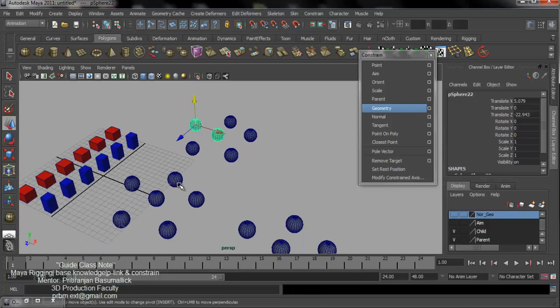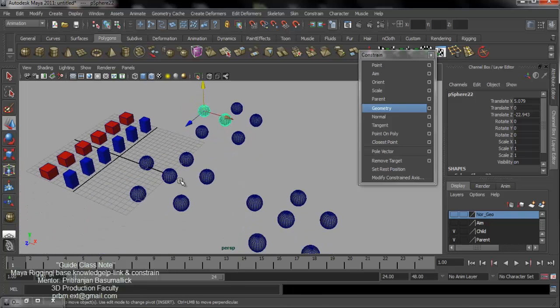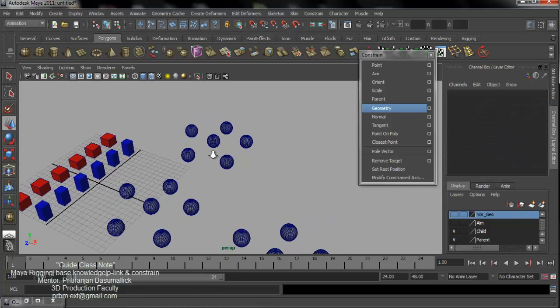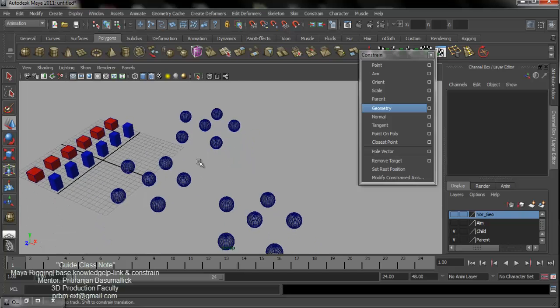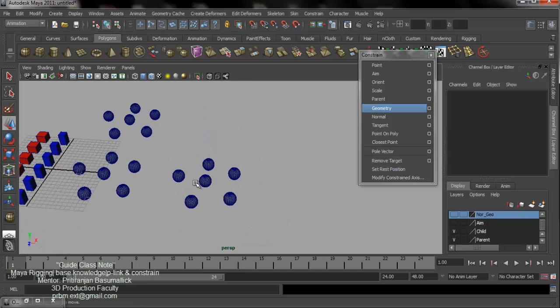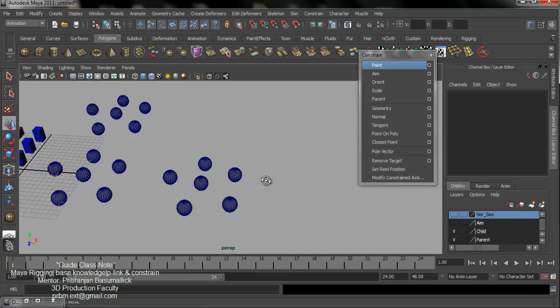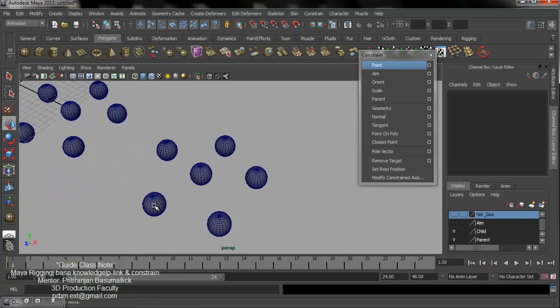So that means in parenting we are able to create multiple children for one parent, but we are not able to create multiple parents for one child. Okay, it's clear. And in the constant, when you go to constant connection,